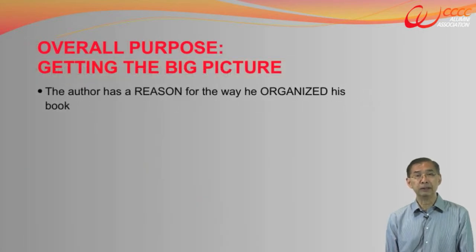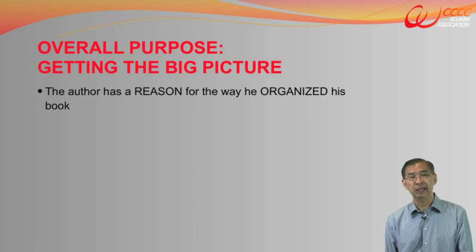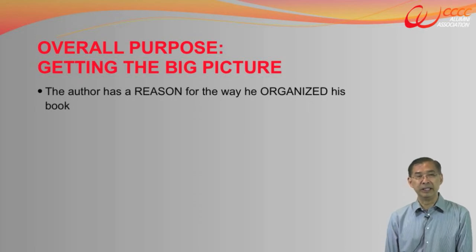So the overall purpose is to get the big picture. We're not just interested in the Magi. We're not just interested in Herod's response. We're not just interested in how some people would suffer when Christ came. We are interested in what chapter 2 fits into, why we need to read this after chapter 1, and how this prepares for chapter 3.